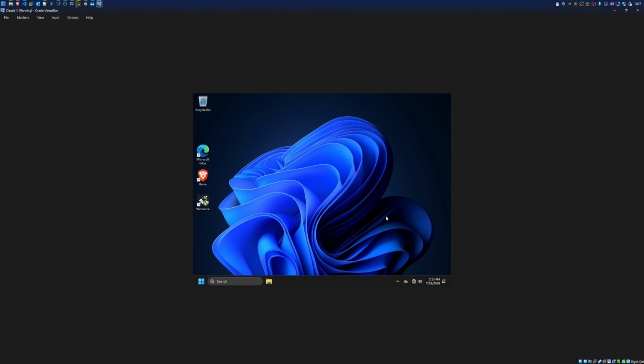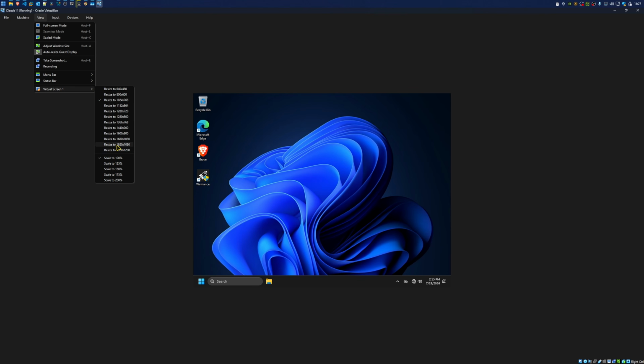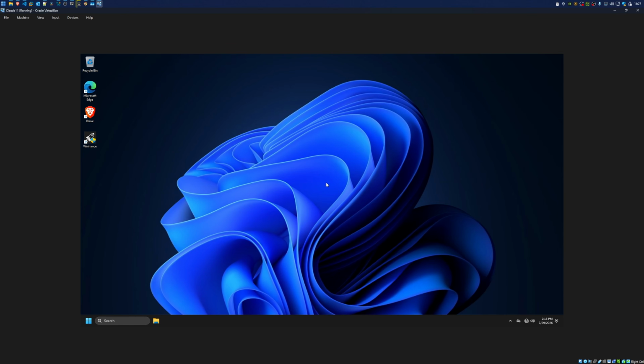So it's finished running that first install script and restarted the virtual machine. Now you can see that dark mode has been activated and these apps have been installed, Brave and WinHance. The search bar still isn't gone, so that probably didn't take in the registry when it set that key to off. But after the restart, I can see that when I go to view in the virtual machine manager and virtual screen, I can now resize this window. So those drivers were actually installed. It just seems that the virtual machine had to be restarted.